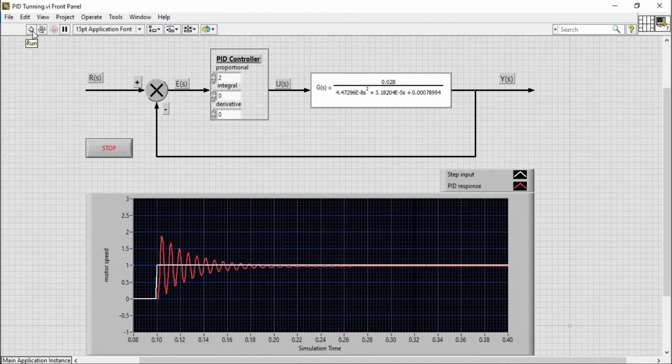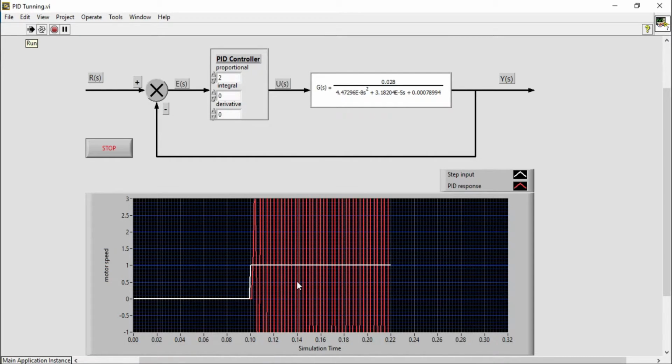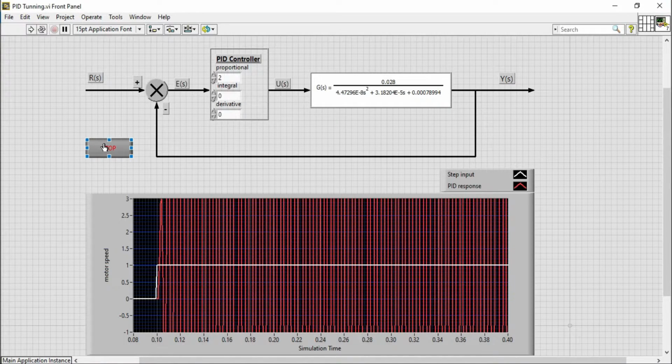I set it to 2 and got increasing oscillations. So I stop my VI, and I have to put some value less than 2 and greater than 1. So I put 1.1.